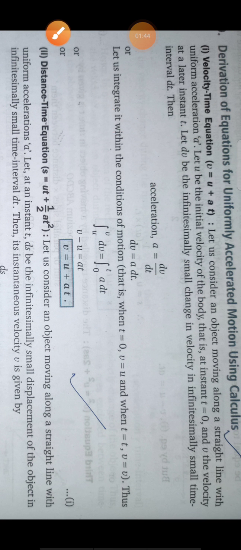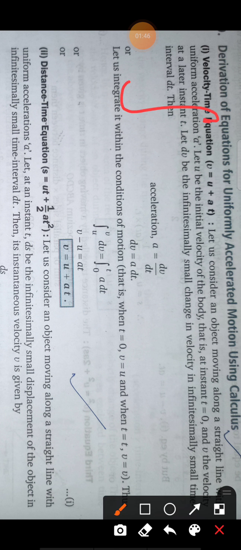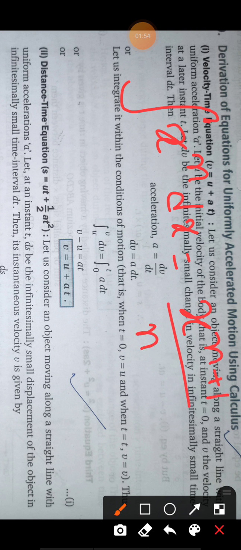The second formula is that integration of x to the power n dx is equals to x to the power n plus 1 divided by n plus 1. Correct. This is our second formula. These two formulas are enough for you for physics, so you have to remember them. Here x is your variable, and n is any natural number.